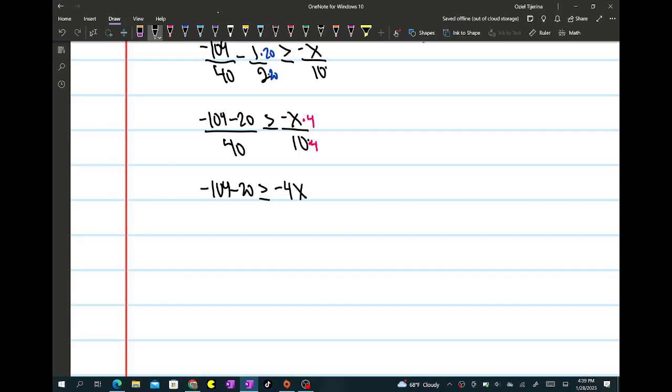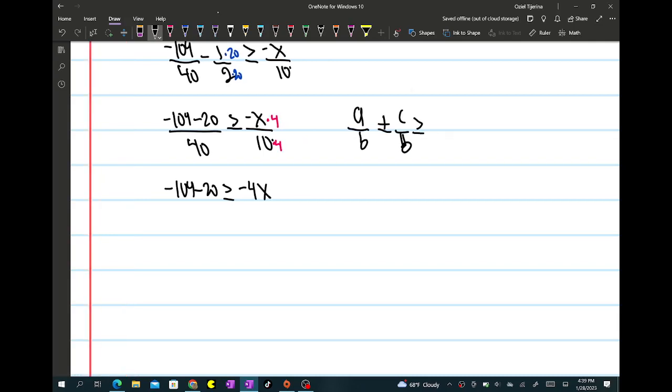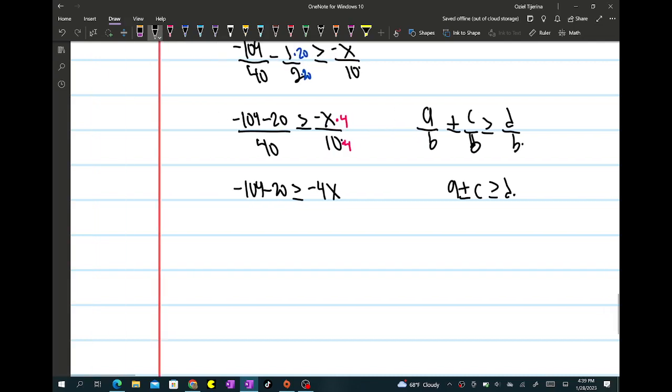Because in reality, when you make the denominator equal, so a over b plus or minus c over b is greater than or equal to d over b, then that means that a plus or minus c is greater than or equal to d. That's basically a rule, right? So then we use that rule, so then we have negative 129